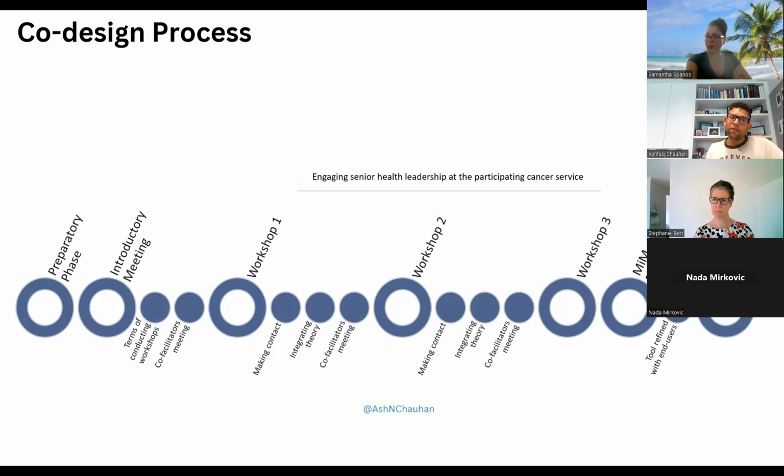The first one was the preparatory phase. In the preparatory phase, we wanted to make sure that we provide language, technological, and financial support to the members of the co-design team, for example consumers, to be able to create conditions for them to be meaningfully and equally involved in the co-design process. For the language, because both the consumers were from a Mandarin speaking background, we employed a multilingual field worker who spoke Mandarin and who had experience in research.